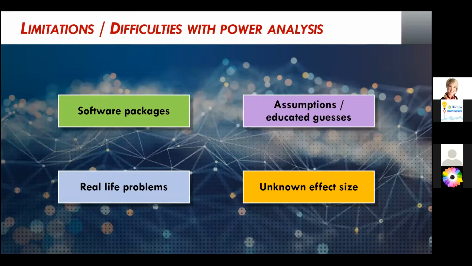Another limitation of power analysis is that it's usually based on a lot of assumptions and educated guesses. The power analysis and the sample size that it will estimate is not always precise. Sometimes you have to conduct several different power analyses, assuming different contexts and different situations, to get a range of potential sample sizes for your study.